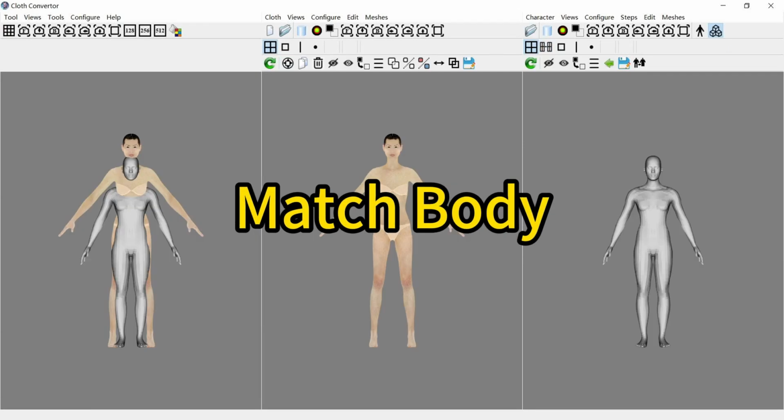In this tutorial you will learn how to match the body of this character to this body in the Cloth Converter tool or Character Converter tool. The techniques shown here can also be used to match any mesh. When you use the Deform 3D tool,